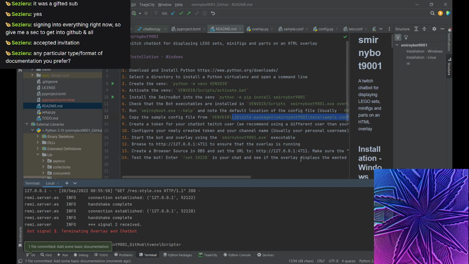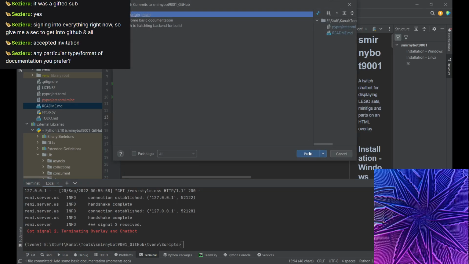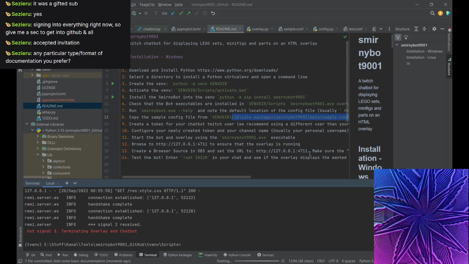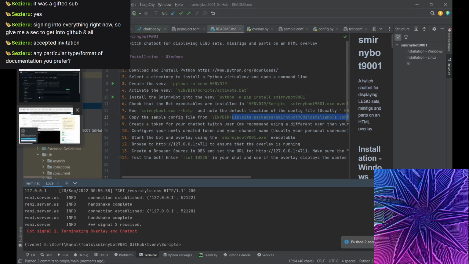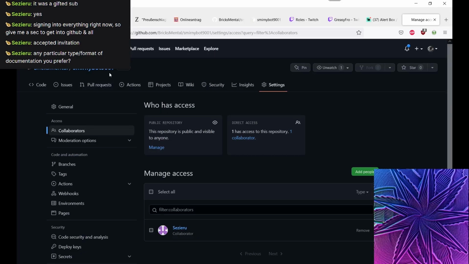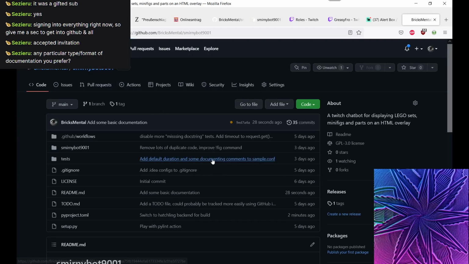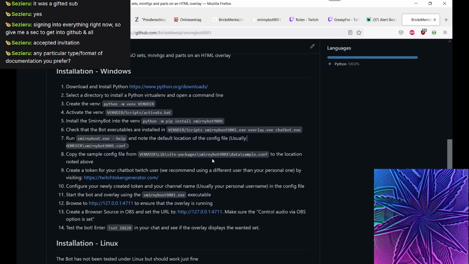But I don't know if it was self-explanatory enough. So it should be visible now on the project. I simply wrote something here, but I don't really have any preference, to be honest.